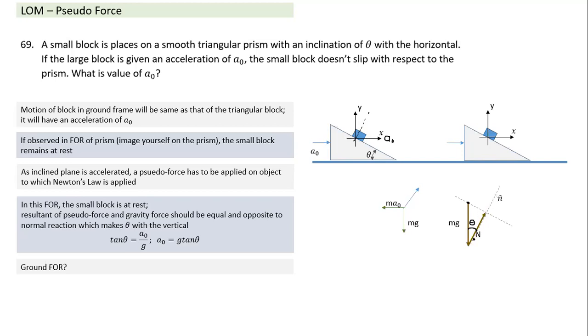In that case, what will happen? This N value changes depending on what the acceleration is along the normal direction. If the acceleration in the normal direction has a positive component, N will increase. How would it have a negative component? Let's look at these three cases. If I give the block an acceleration towards the right, it will have a positive normal component. If I give this large block a vertical upward acceleration, even then it will have a positive normal component.